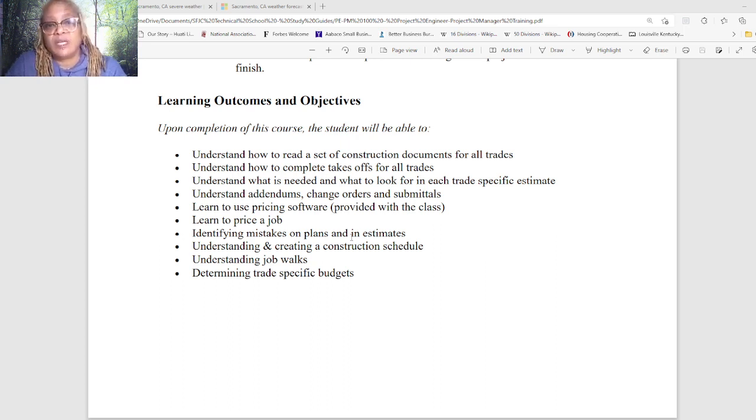And so we, as a company, have always used from day one Craftsman Costbook, which is a good generic material pricing software, but better than that, it assists you in determining how much time a process is going to take, and it helps you determine your man hours very accurately, or at least when I say accurately,